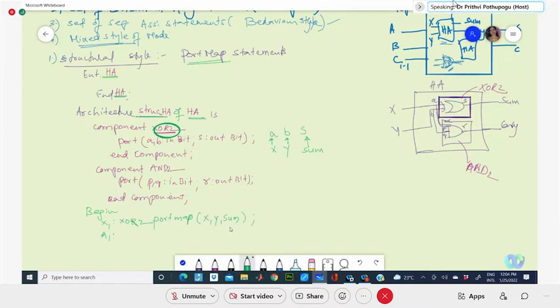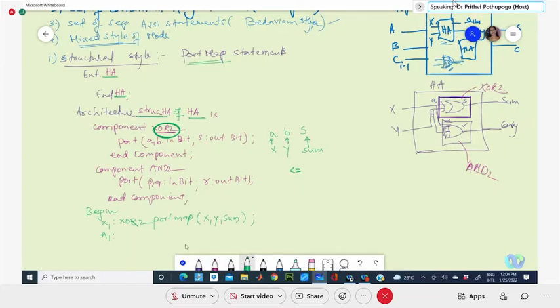A few of the signals I can skip, or a few of the signals I'm not using, or I don't want to use the same order. That means you can play with things now. I can use a signal assignment symbol. This is your signal assignment, not less than or equal. Whatever you declare on your right side will be assigned to the left side.